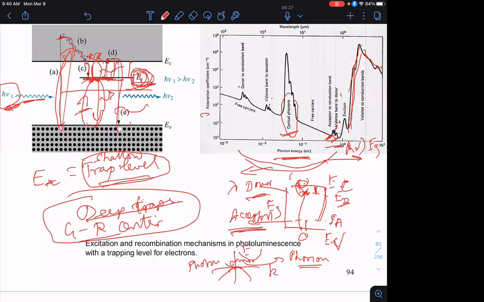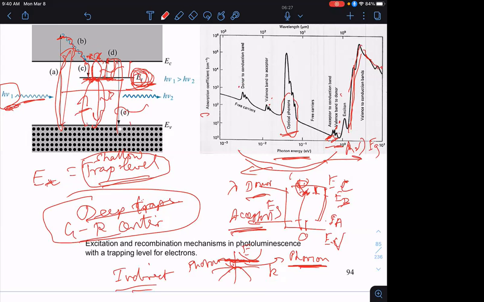Where it turns out that if I had trap levels, these trap levels can also help take care of this momentum conservation. So this trap assisted generation recombination process is very useful in indirect band gap semiconductors, especially. Okay. All right. So going back to this analogy of the trap level being like this intermediate stool between the